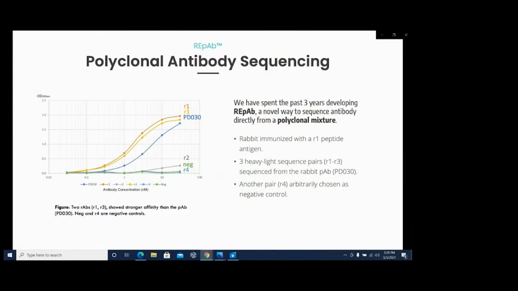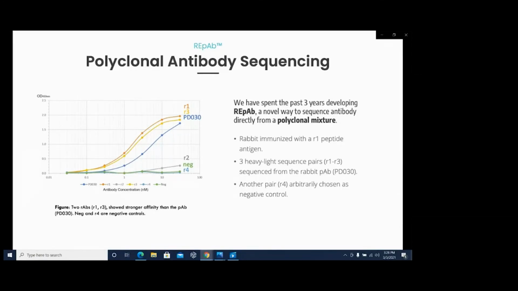I don't have much more time, so I'm just briefly going to mention one of the latest developments here at Rapid Novor. I've mentioned a few times already that polyclonal antibodies have largely been undefinable, but by applying a proteogenomic approach to sequencing, we've actually been able to completely de novo sequence 2 binding monoclonal antibodies from a rabbit polyclonal mixture, plus 1 monoclonal antibody that was selected at random from the pool, and a 4th one that acted as